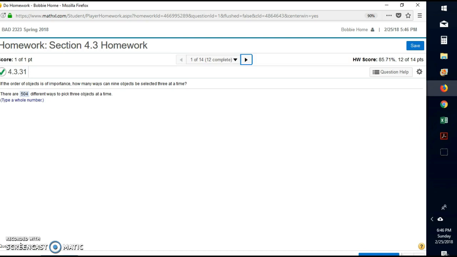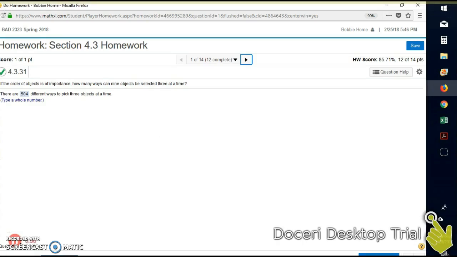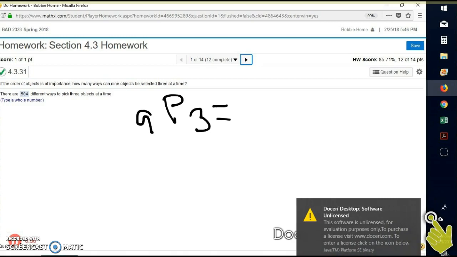So on this first problem, it says if the order of objects is of importance, how many ways can 9 objects be selected 3 at a time? If the order of the objects is important, then we have to use the permutation formula. So with the permutation formula, you will do 9P3, and basically the formula says you will do